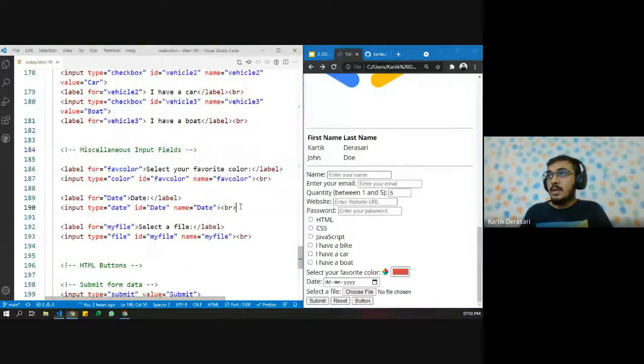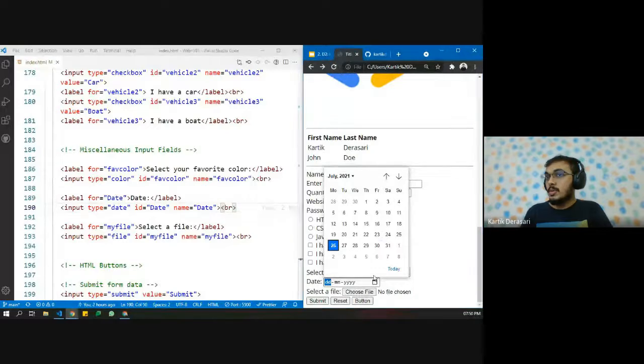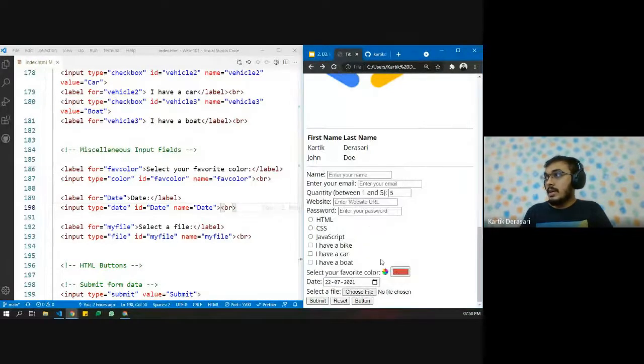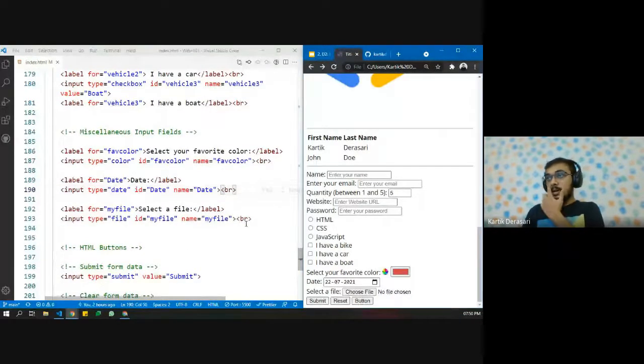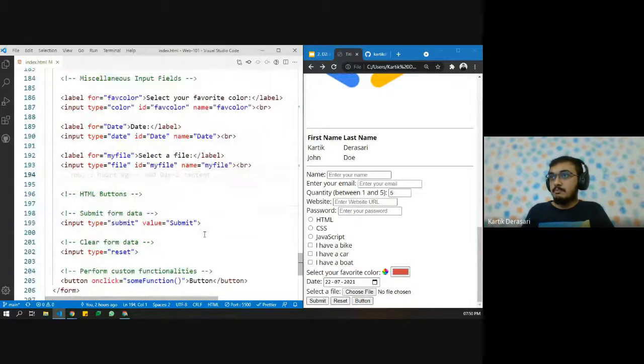We can also have date input, so we can choose these kinds of dates, and all this data will be sent to the server. And we can also upload any kind of file. If I want others to upload a file, this is how we define input type equals file and get all the files on the server.